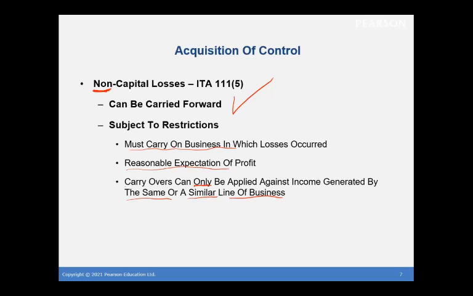And that's the carryovers. So those are the historical losses. So that's why you could look at a company. I had a client here recently. They had a cafe, and they had losses over losses. And at a certain point, we looked at, let's see if we can sell this business, just get out of